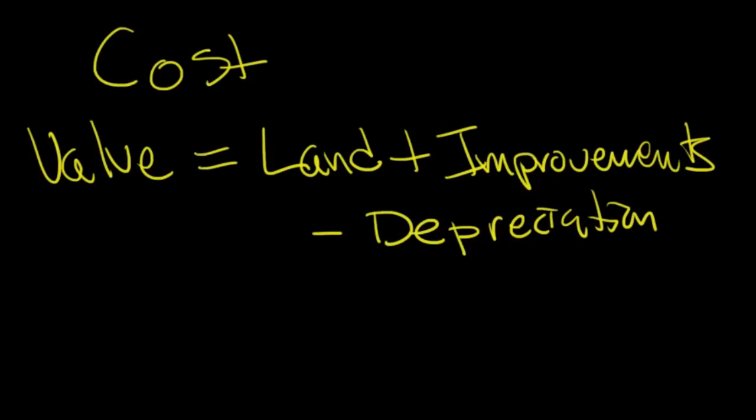So in using the cost approach, there is another formula for you to learn. I think there's probably just these two that you should memorize for the exam. There might be others, but these are the two that jump out. Value equals the price of the land plus the improvements minus depreciation. And I guess we should put a finer print on it. This is the estimated cost of the land or value of the land, and the estimated cost of the improvements.